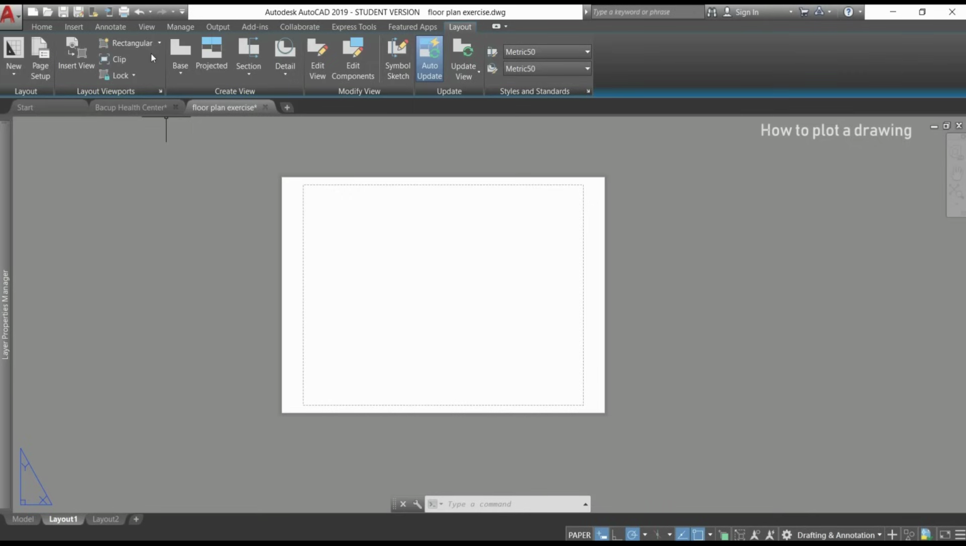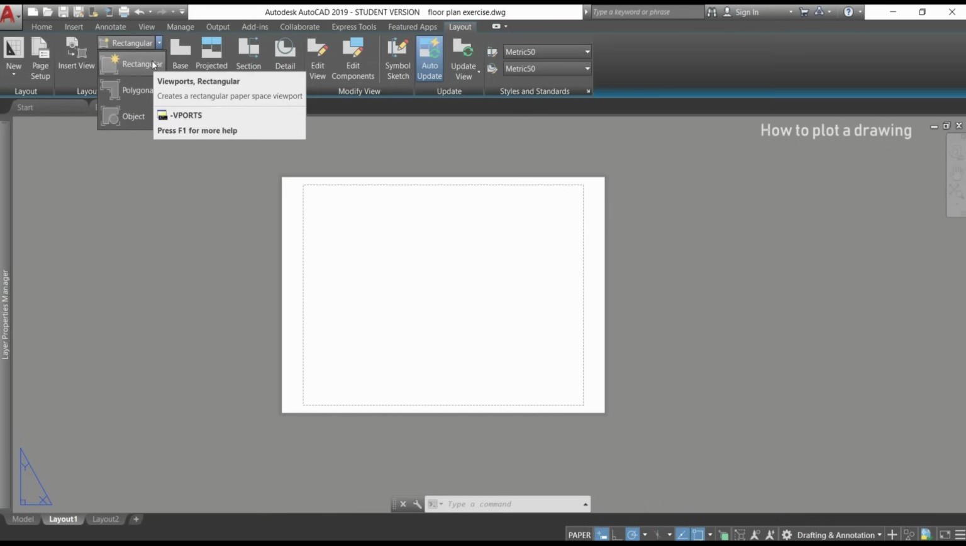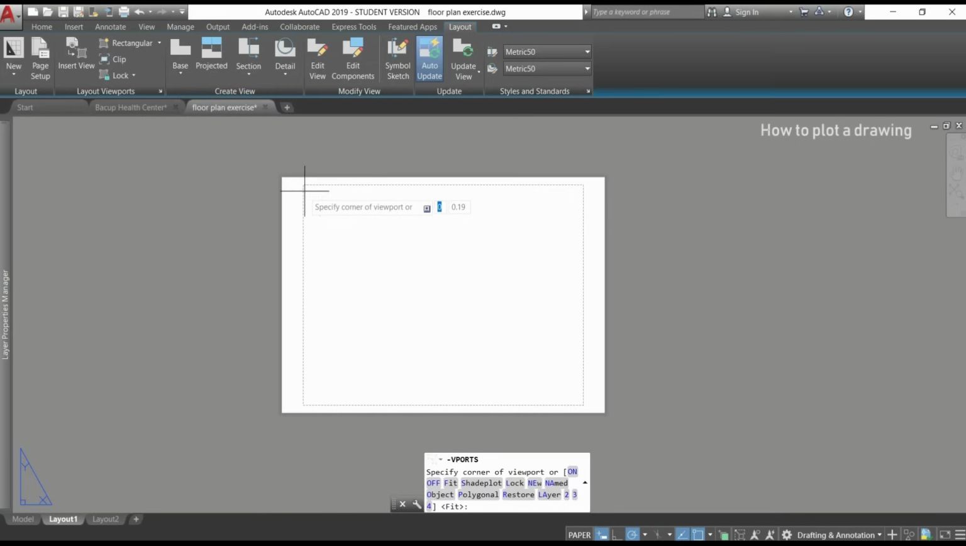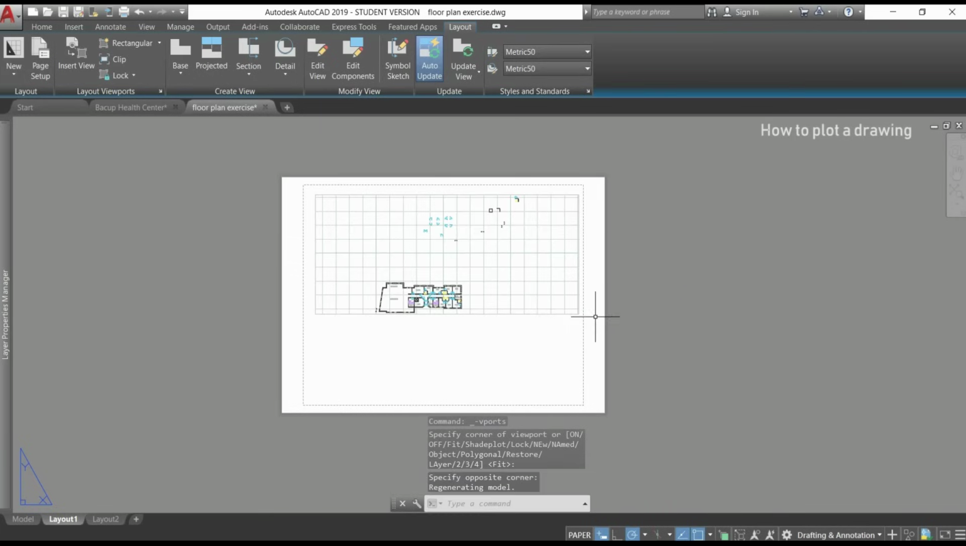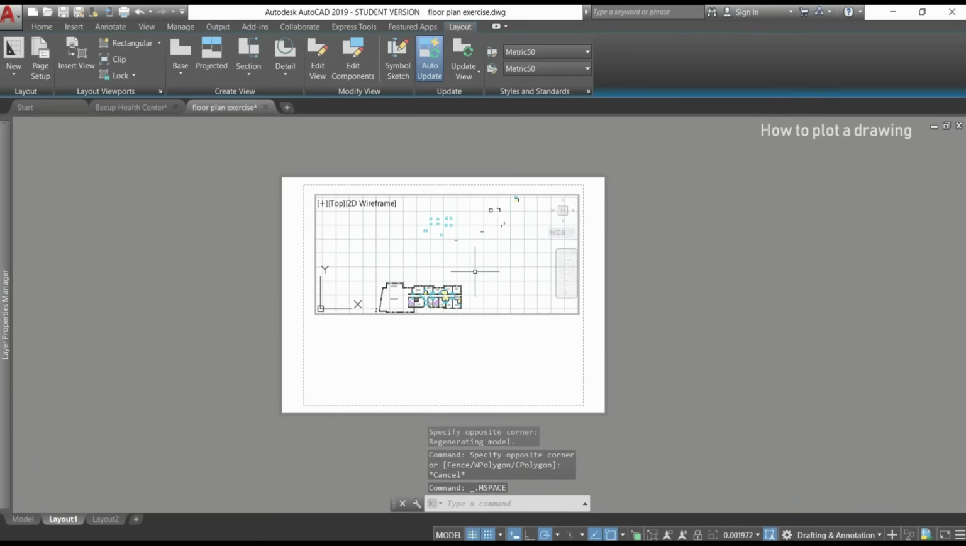Then I am going to click in Rectangular Viewport. If I click in the arrow, I can see more options, but I just want the first one for now. Then I draw a rectangle inside the dashed lines to be sure everything fits in the paper. After, I double click on it to go to the model space, and now I need to set up the